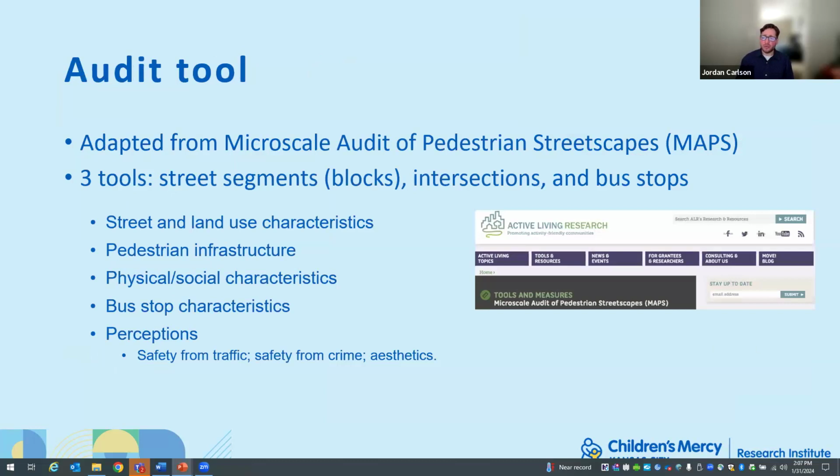So we did select this research-based audit tool, which comes out of San Diego, and I believe the author might be on this call, Dr. Salas. It's the Microscale Audit of Pedestrian Streetscapes. I will say we adapted the tool a bit, mainly to try to simplify some things. There are different versions of the tool, brief and mini versions. We just took the items that were most important to our research, but simplified some of them and reduced some